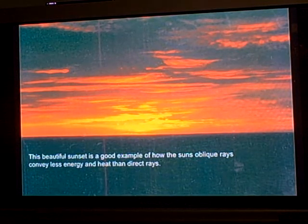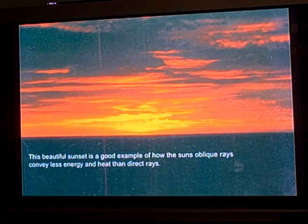And just to recap, when we were talking about the sun's oblique rays before, in a nutshell, when the sun's in the middle of the sky,